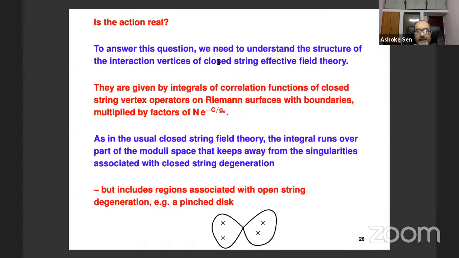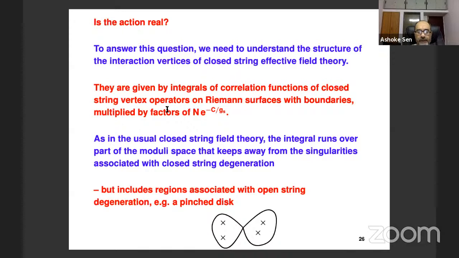Now, I told you earlier that closed string field theory interaction vertices are given by expressions similar to string amplitudes, except that the external states are off-shell, and that the integration runs over only part of the moduli space where there are no singularities. That's why the closed string field theory action is real. Here, one finds that the interaction vertices of this closed string effective field theory are still given by integrals of correlation functions of closed string vertex operators on Riemann surfaces with boundaries,